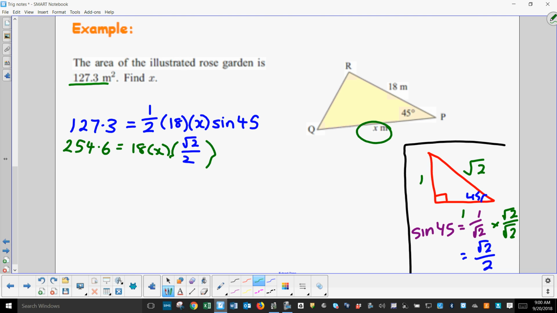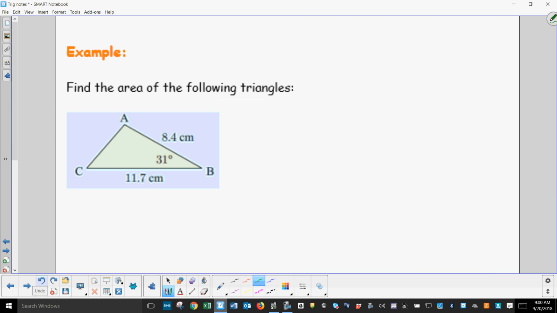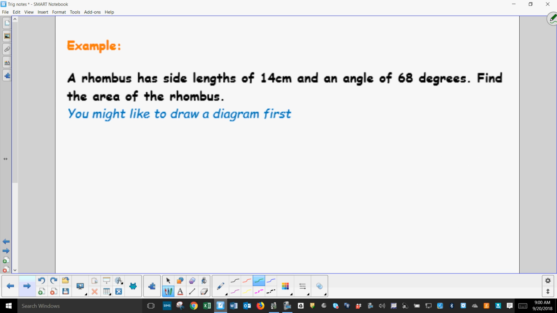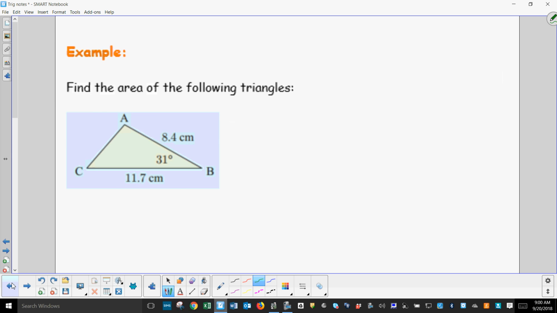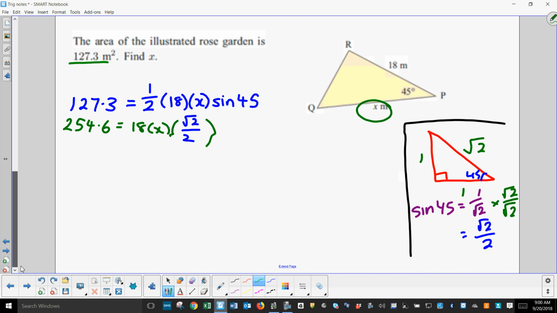If you rewrote the equation, x equals 127.3 over 0.5 times 18 times sine 45. Would that be how it was? If you rearranged it from scratch, doing all the transposition in one lovely step, it'd be double this, divide by 18 sine 45. If you did it in one big chunky step, which can be a bit risky,